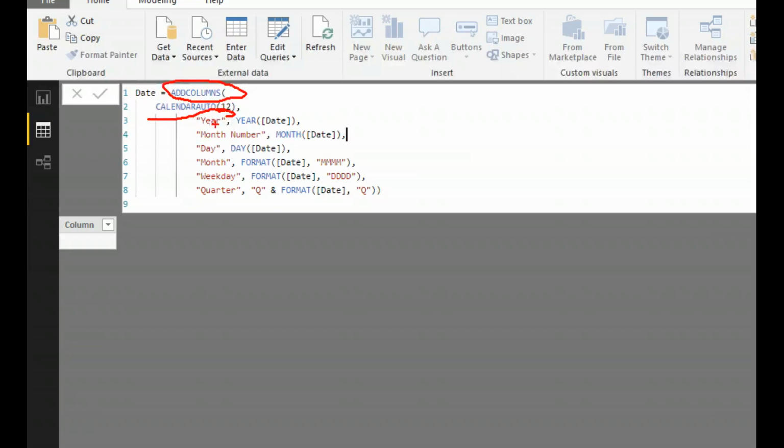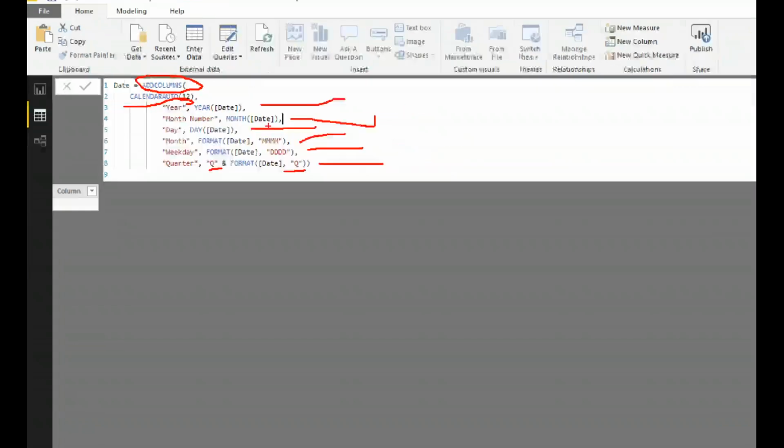So if your year ends June, you would want to have a 6 there. So it knows year to date, if I'm looking at August, is from July 1st through August 31st. I'm also extracting out the year from the calendar, the month name, the date. Actually, that's the month number. So period, August would be 8, the month name, the weekday, and the quarter. And in the quarter, I'm saying get the quarter number and put a Q in front of it. So that's what I'm doing.